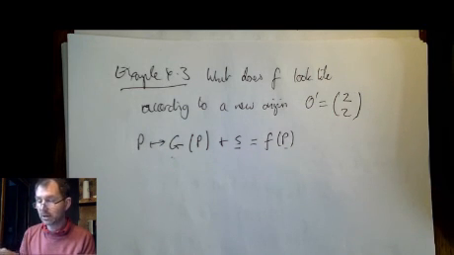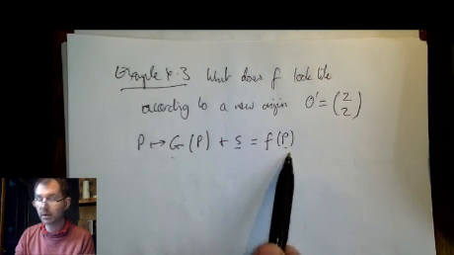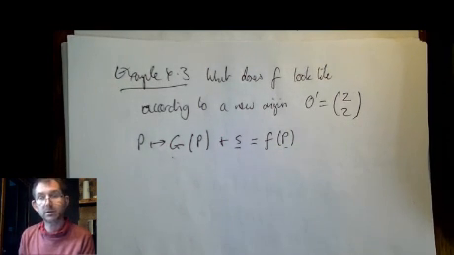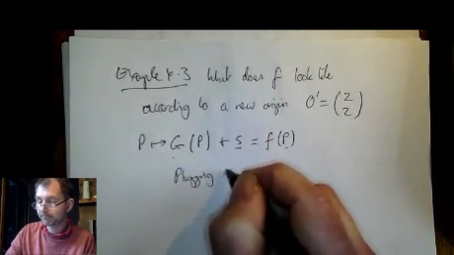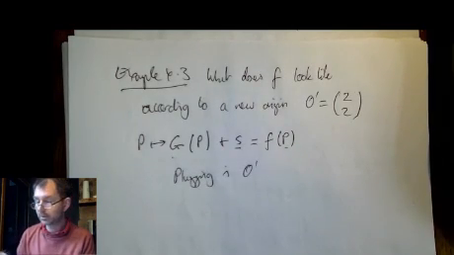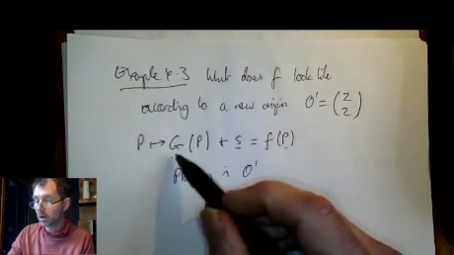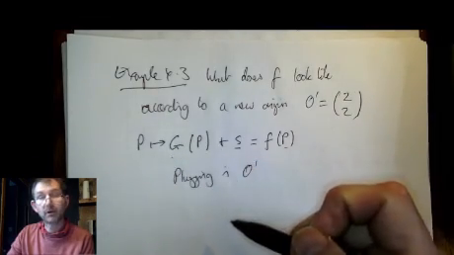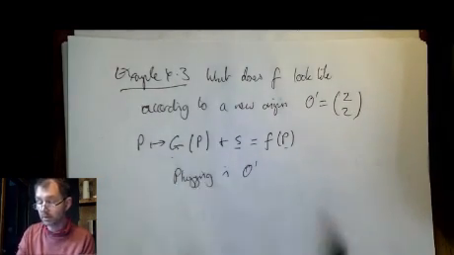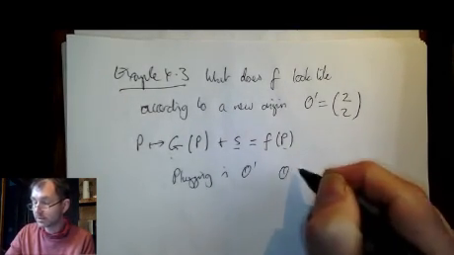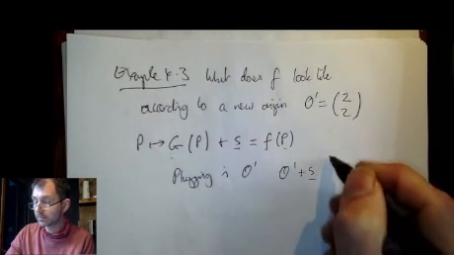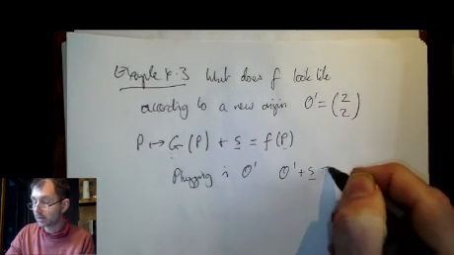Now, if you're rotating about an origin, then that point is going to be fixed. So we can actually use this equation here to work out what S is if we just plug in O dashed. So plugging in O dashed, the new origin, we know that this linear operator is going to fix it because that's the one that is rotating about that point. So we'll get O dashed plus S is equal to,